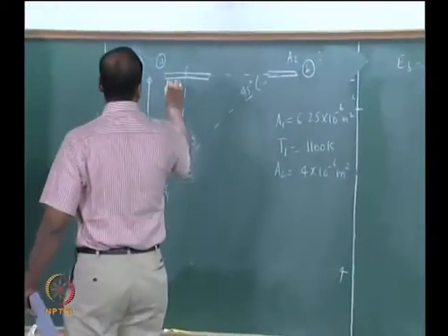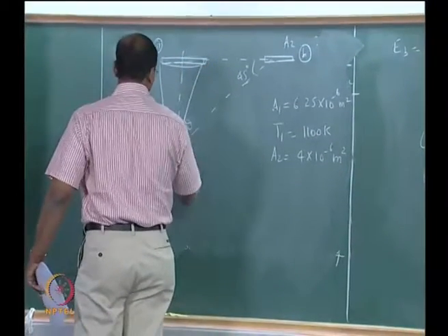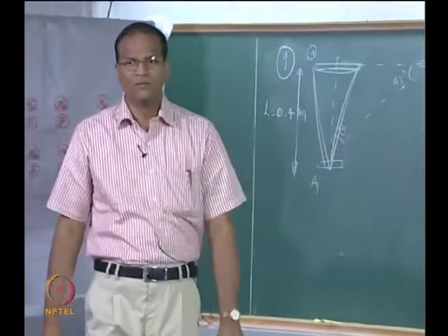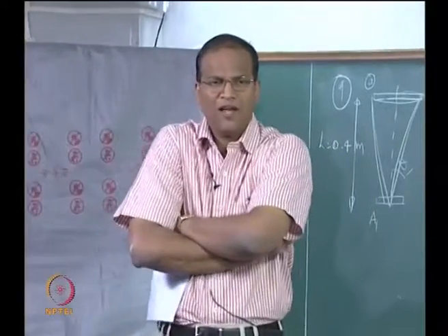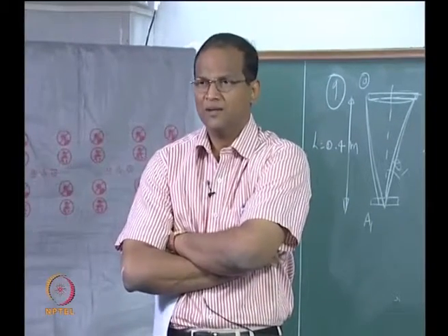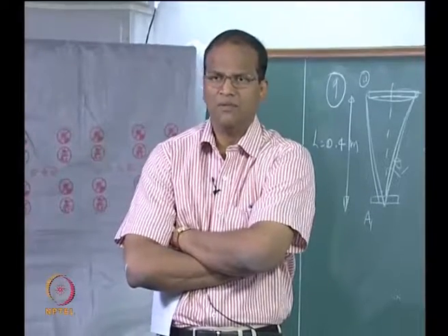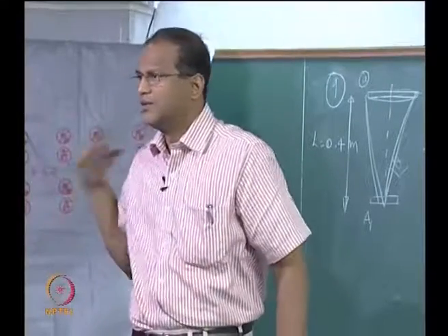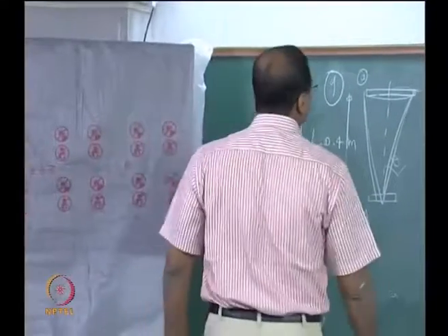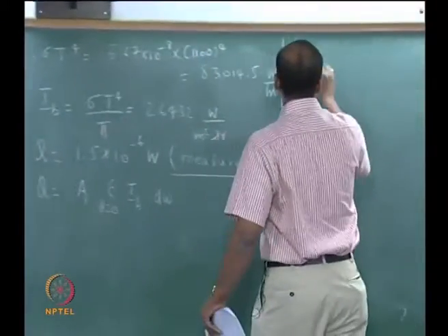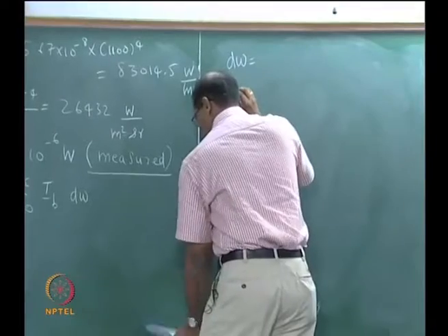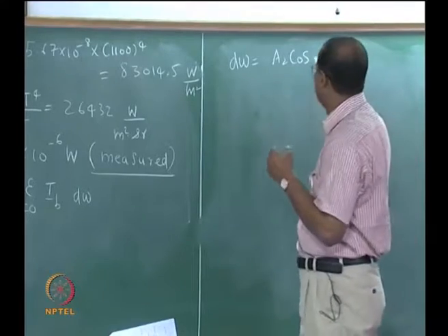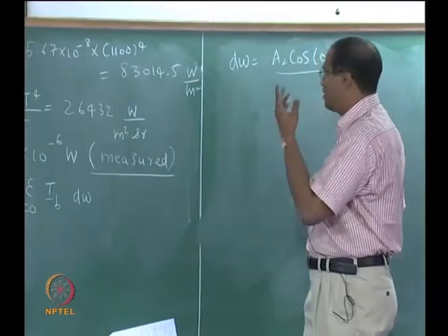What I am assuming is that this solid angle will be the same anywhere, at any point, because that is why I gave an elemental area. If I give a big area, then I have to subdivide and do some integration, averaging, which will be a nuisance. We will stick to incremental, elemental area. So now d omega is A2 cos of theta by r squared.